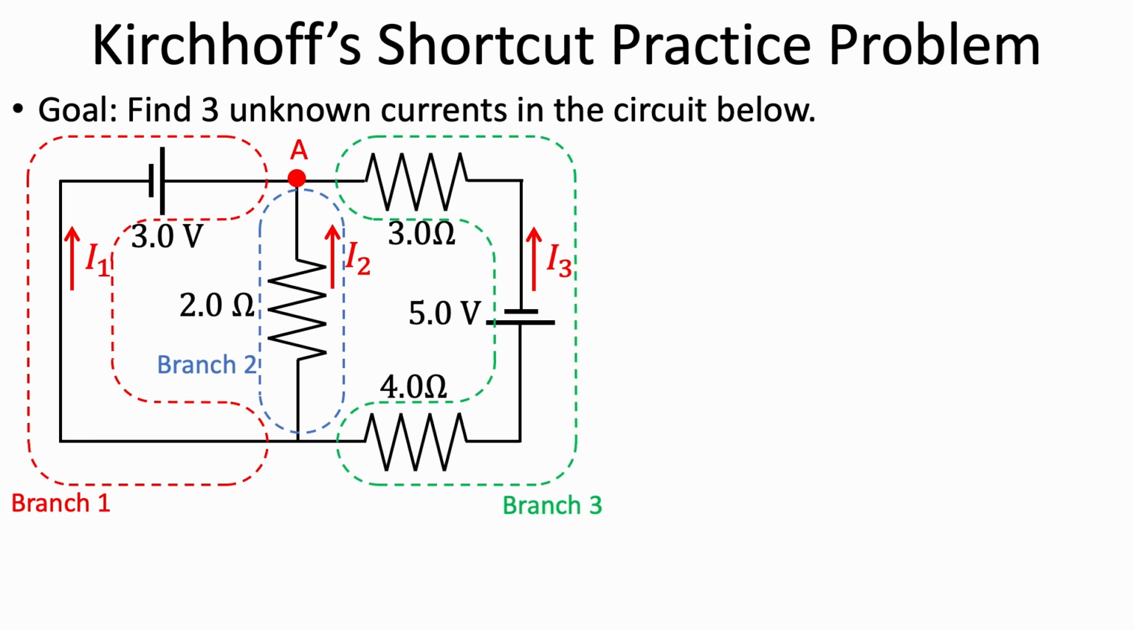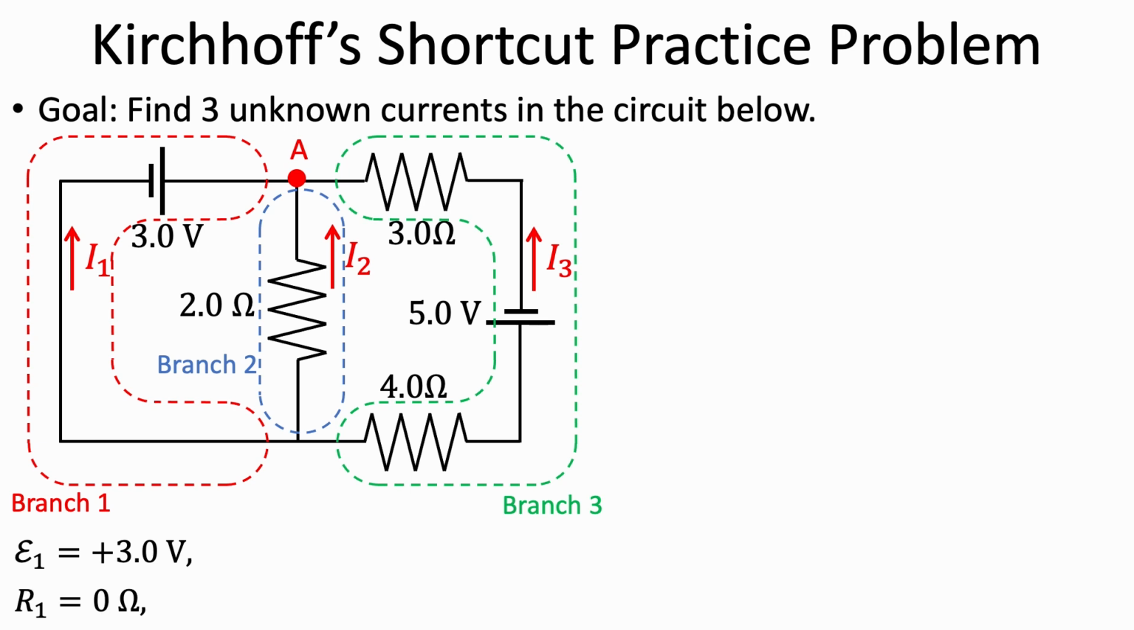Let's look at branch 1. Here, there is one battery with EMF of 3 volts. Because its positive terminal faces junction A, I set the net EMF in branch 1, which I call E1, to be positive 3 volts. There's no resistor in branch 1, so the net resistance in branch 1, which I call